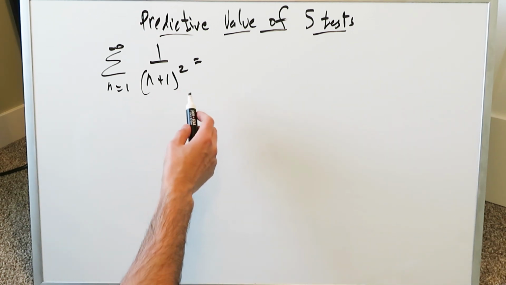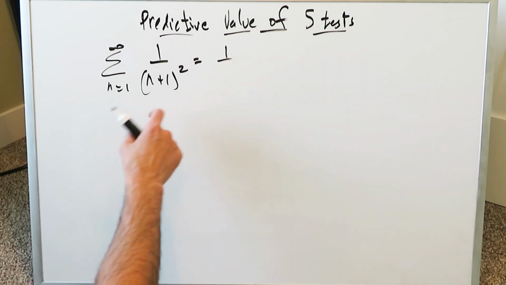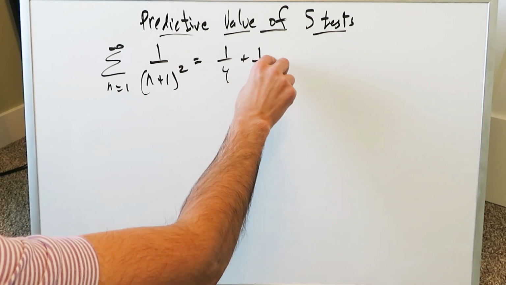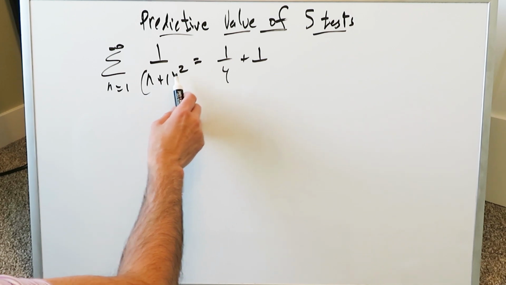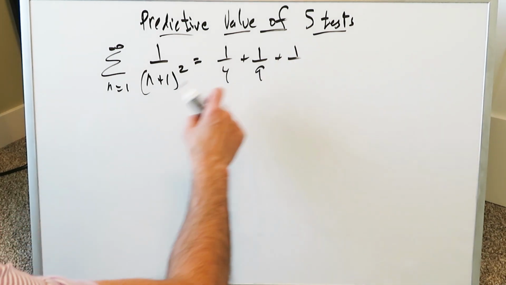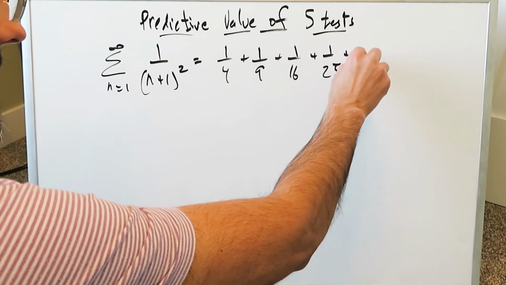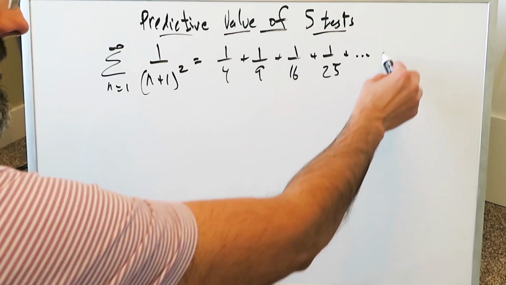It's a function. How would you look at it in terms of its values? You start putting in 1 over here, you'll have 1 over 4. And then you'll have here 1 over, you'll put 2 over here, 9. Then you'll have 1 over, you'll put 3 over here, you'll have 16. And now you're getting the idea that it's like this: 1 over 36, 1 over 49, all the way up